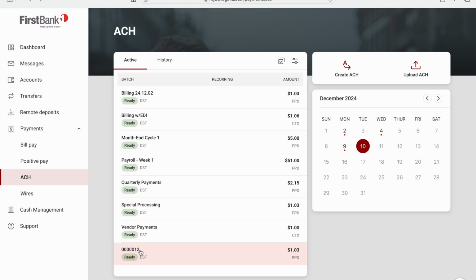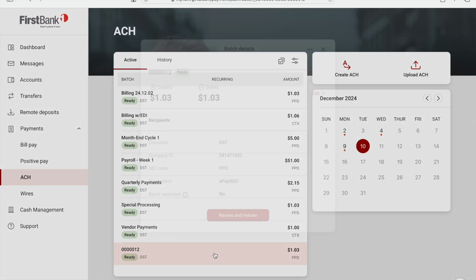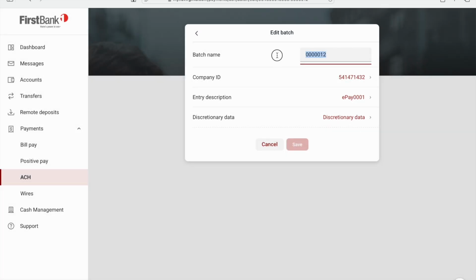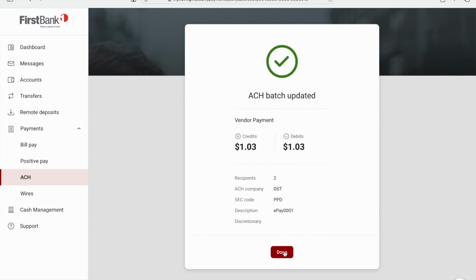You'll see that the system automatically creates a batch name. Of course, remember from moments ago, we can go in and edit batches and modify the name as we see fit. And from here, we say Done,